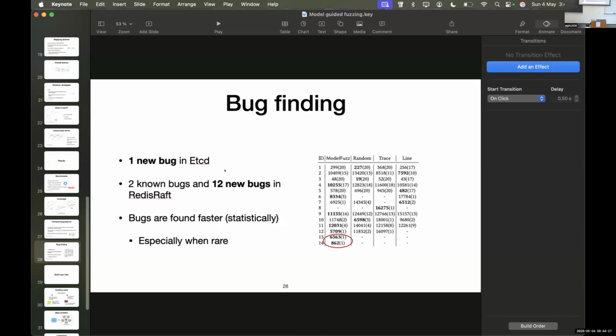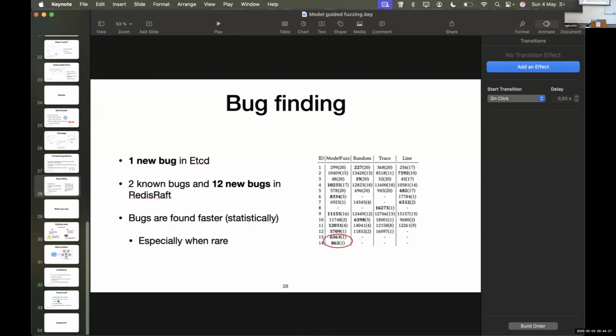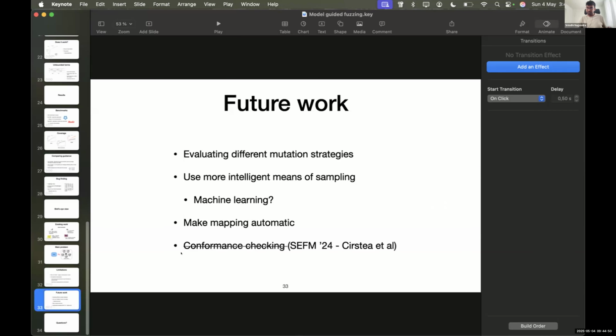Lots of questions. Thank you for the talk. There are so many cool things in here. You mentioned conformance testing at the very end, conformance checking. It seems like you get it for free essentially if, when you map the trace, you can just assert that the trace actually is valid for the model, right? Yes, exactly. What I meant is if you're doing model guided fuzzing, you get conformance checking for free. Cool.